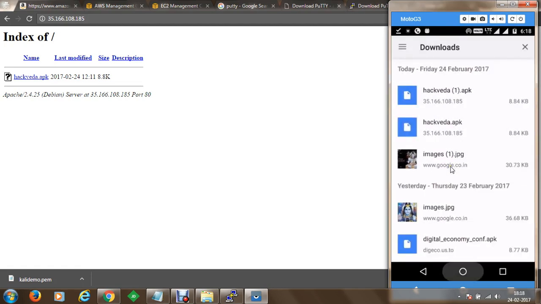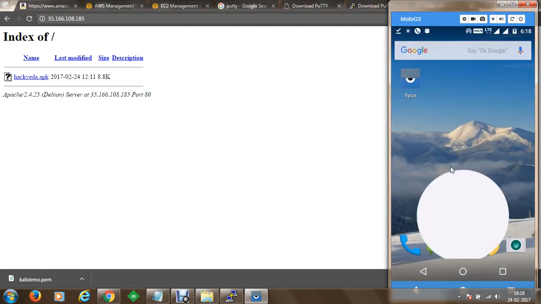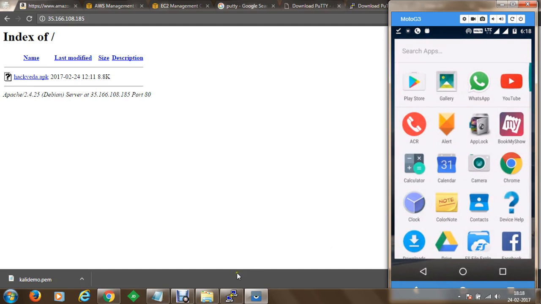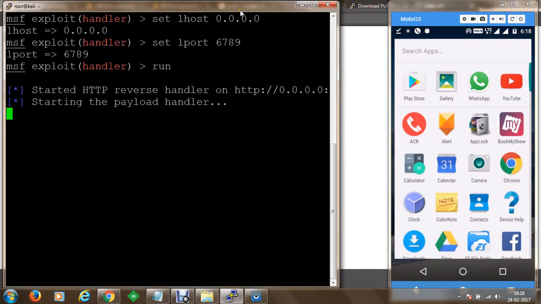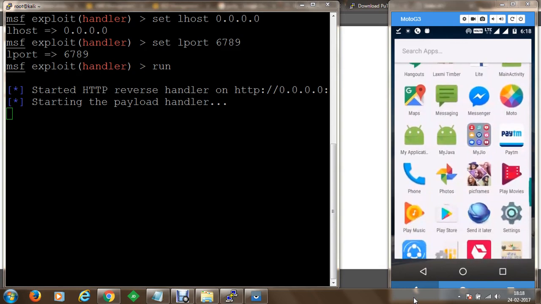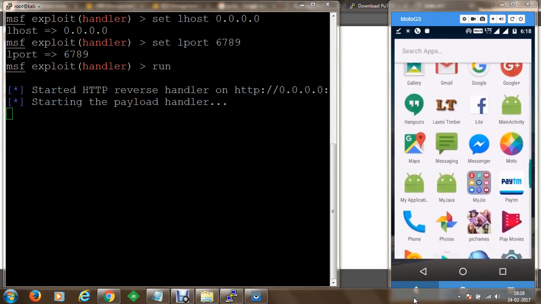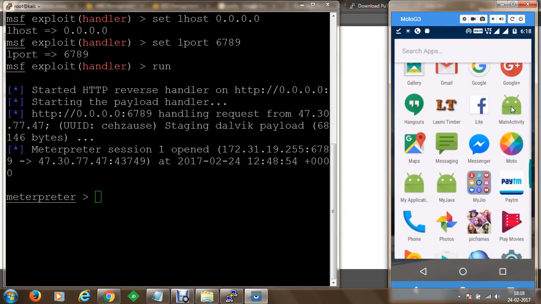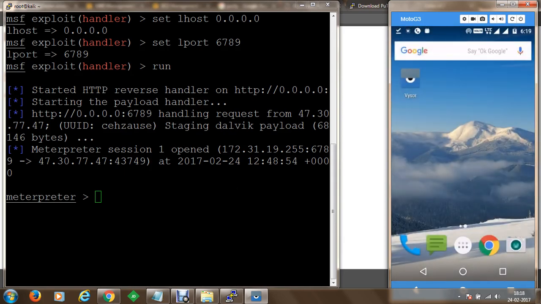Once the application has been installed on a user's device, let's say we are here as an attacker, we are listening on the shell. Once the application is started, the name of my application was main activity. So once I open main activity, nothing will be done, and you can see that on the left hand side we have got a Meterpreter shell of the device available. Now whatever the user wants to do,